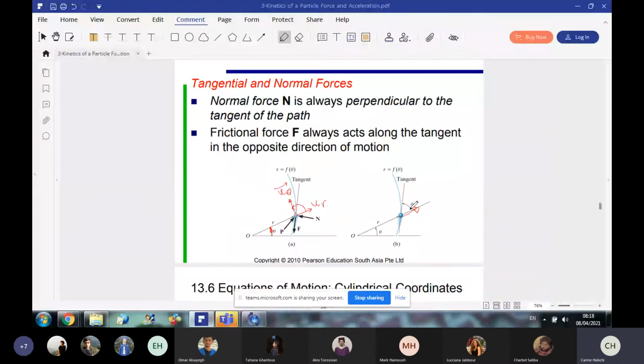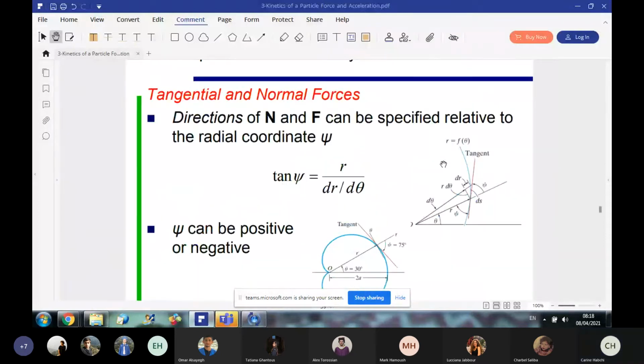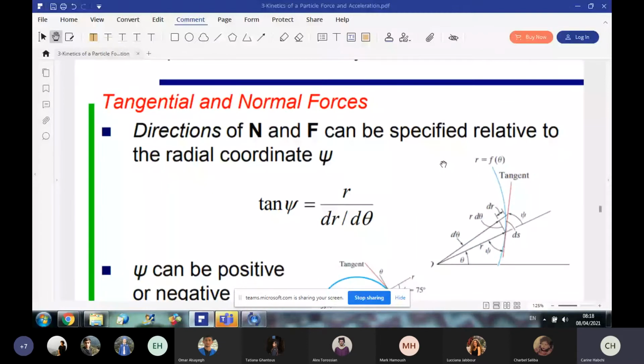So our purpose now is to find what is the angle psi between u_r and the tangent line, and the angle psi is counted as positive in the counterclockwise direction from u_r towards the tangent line. Okay? So now we will see in detail how to calculate this angle. I will zoom a little bit on the figure. If you look at the figure here,